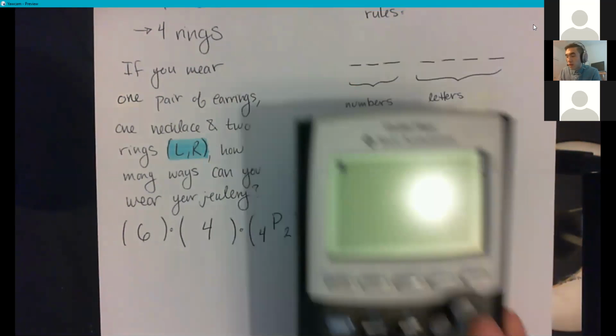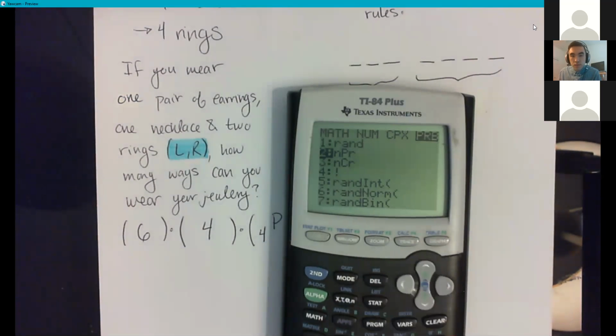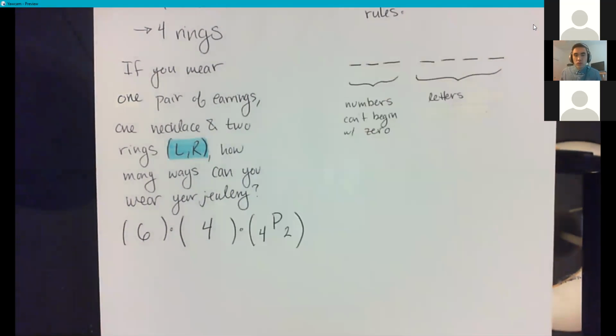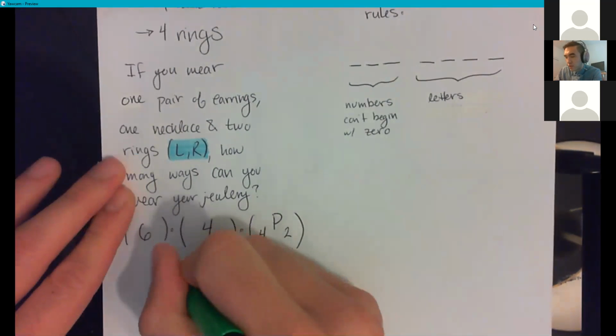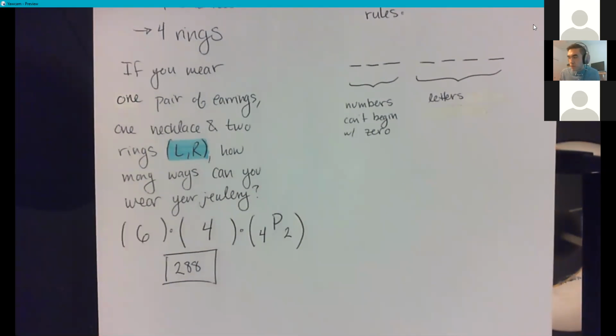So it's going to be 4, and then math, probability, P, 2. So with this extra rule set, there's actually 12 different ways that I can wear my rings, times 4 times 6. And so with this small amount of jewelry, there are actually 288 combinations,